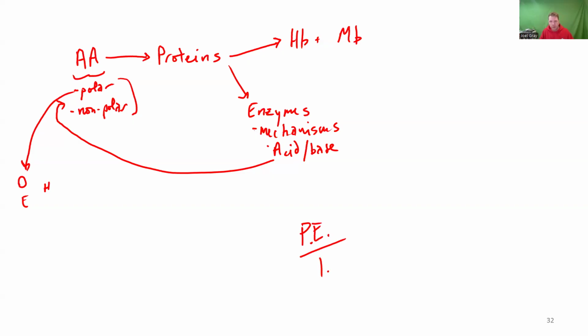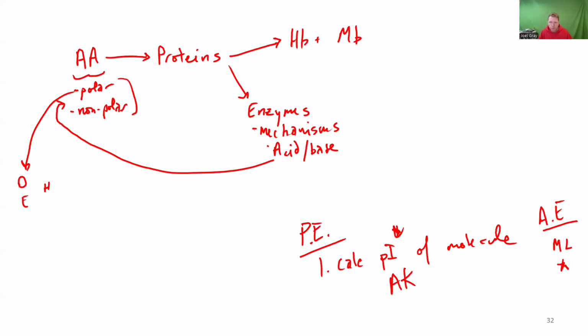If there is a question that is about calculating the pI of a molecule, and I give you a peptide like AK, if you can calculate the pI of that, then on your actual exam, I'm going to label that AE, you're going to have a very similar question, but it's going to be giving you a different peptide, like ML, for example. So if you can do this, then you should be able to do this, because that's a matter of looking at the pKa values, which I will provide to you.